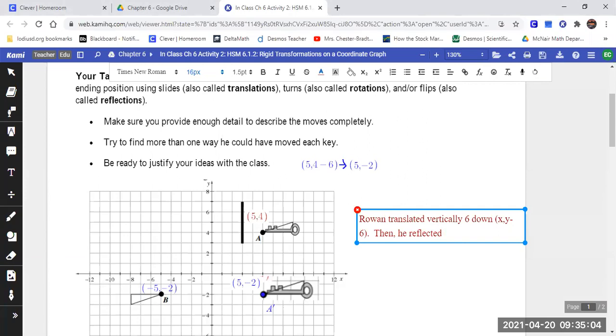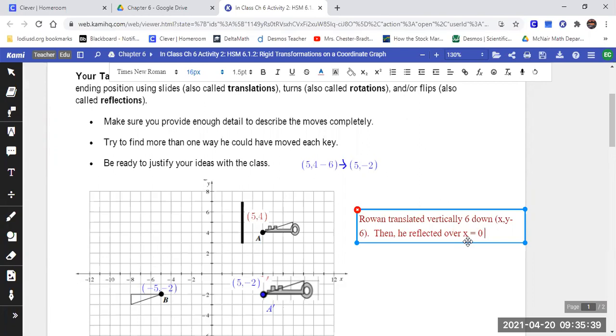What would we get? Subtract 5 from the positive x or add 5 to the negative x. That'll get us to the middle. So what's the x at the middle? So we only worry about the x. What's the x equal at the middle? X equals 0. So he reflected over